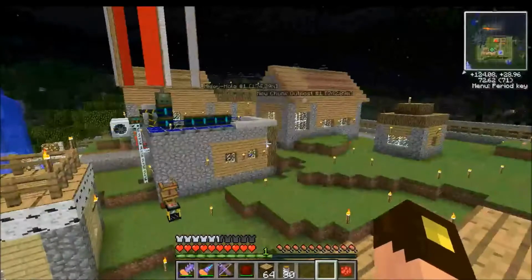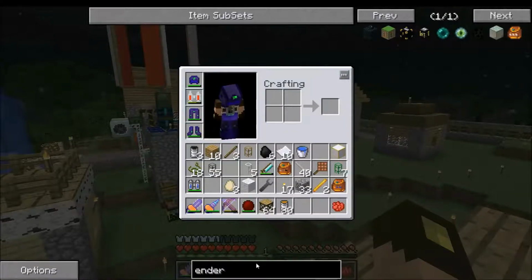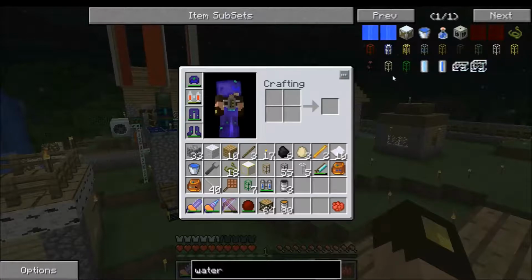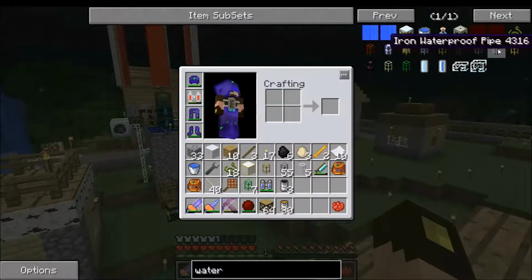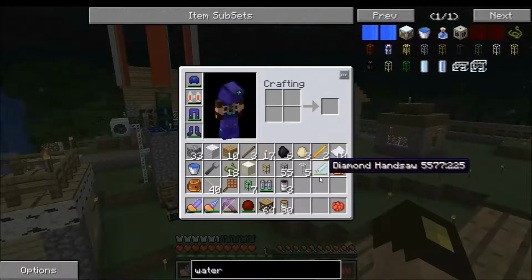In fact, let's take a look at what's in here. Waterproof. Alright, so yeah, there's an emerald. There's a sandstone waterproof pipe. I don't know what that does. Void waterproof pipes. Any void pipe is basically a block eliminator. It just takes the block, removes it from the game. Delete. Golden waterproof pipe accelerates fluids, obviously. Iron waterproof pipe, one way. So yeah, exactly the same kind of thing as...